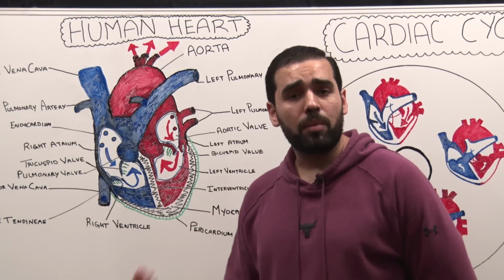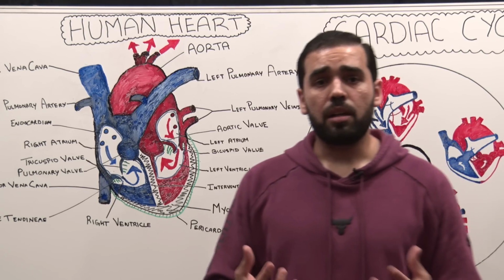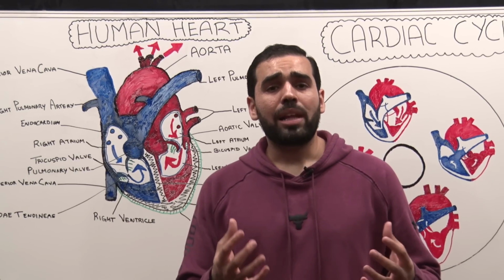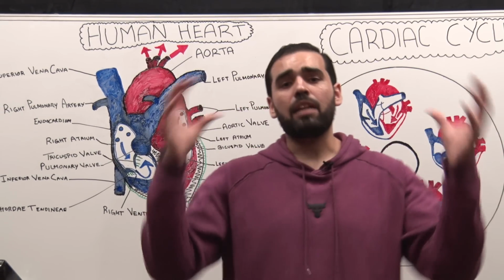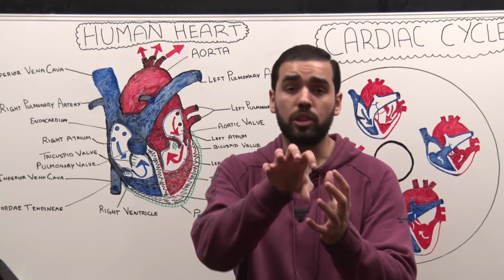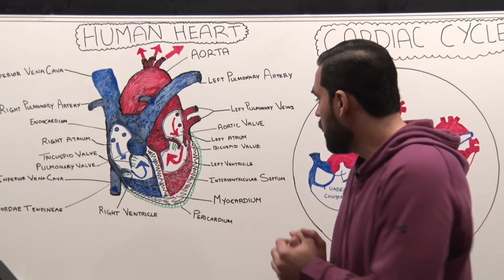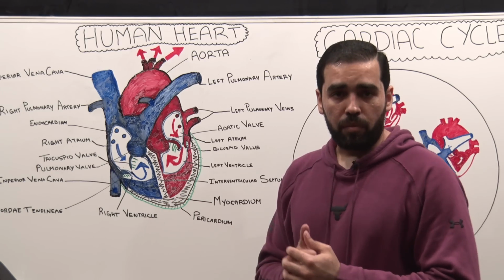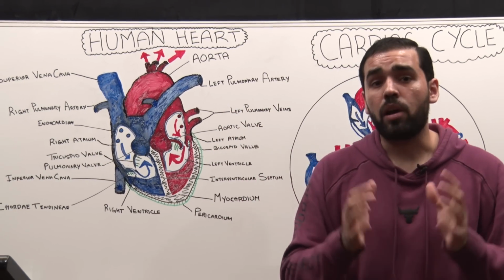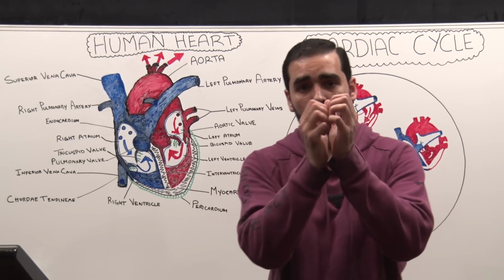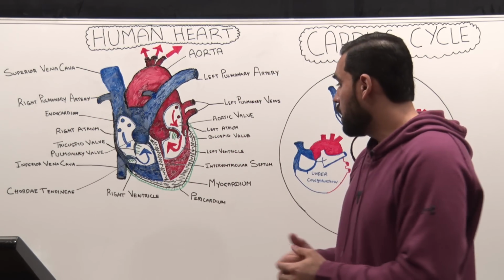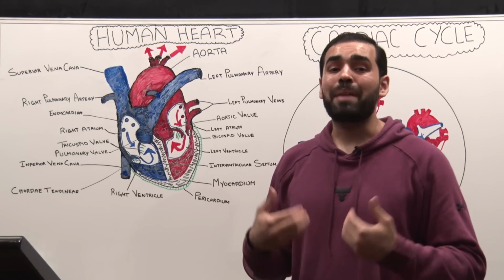Now this is a thick fibrous tissue, and you know your heart is protected by the vertebrae, the sternum and the rib cage, but on top of that, the pericardium is more like a sac. So it's like an envelope, covering the heart, and your heart sits right in it, and it's enclosed in it, and it protects the heart. There's another function that the pericardium performs. When your heart is contracting and relaxing, the pericardium makes sure that your heart doesn't overexpand. So for example, your heart can only expand this much, not this much. That would be a pathology. Now that is the function of the pericardium, to prevent the overexpansion of the heart.